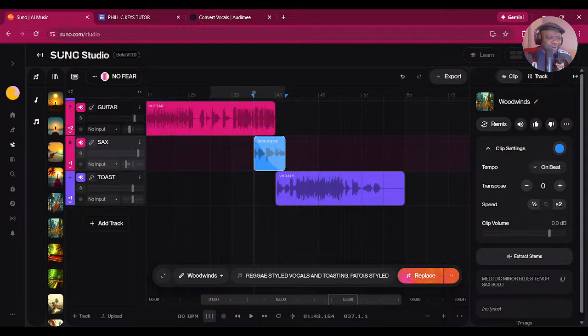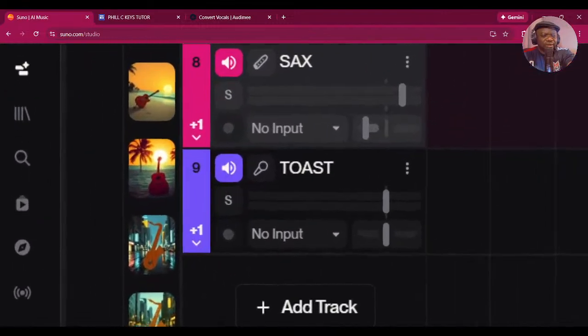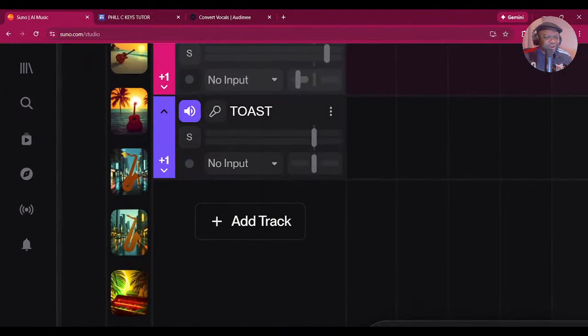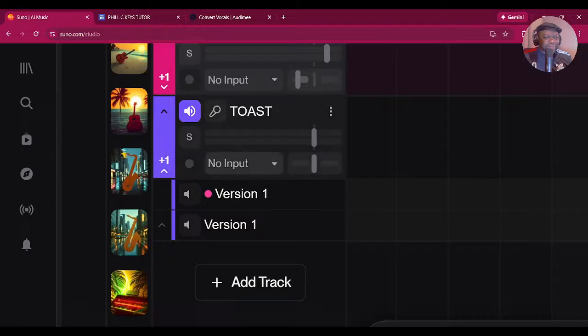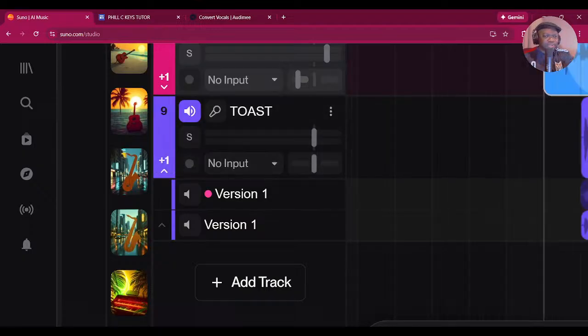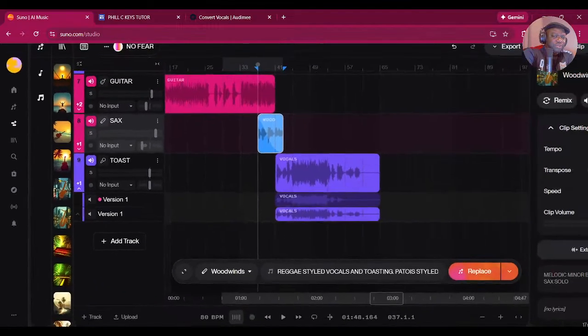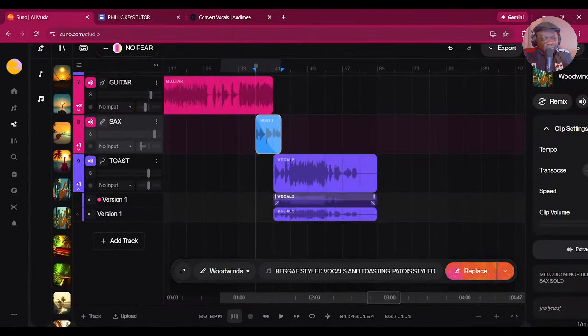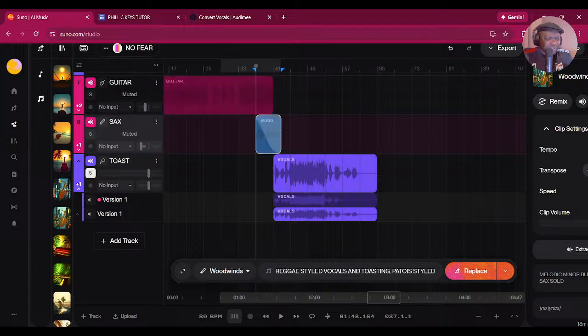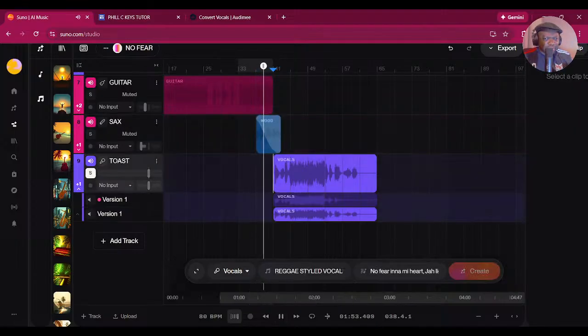I'm going to check out the second option. Just so you know, those of you who have not been in here very much, every track that SUNO renders has a couple of options. If I click on the +1, I can see the 2 takes. See that? It seems like I do have 2 takes for this. So let's listen to both takes. Let's just play that piece right here. Okay, it's coming.